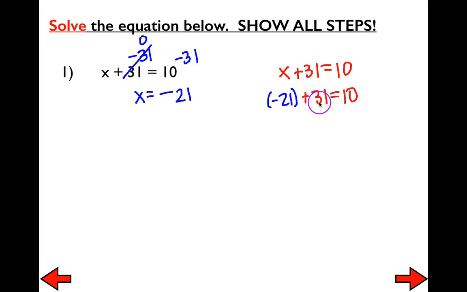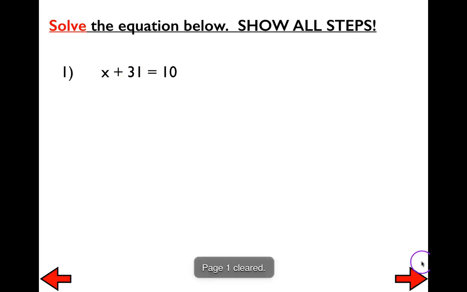Well, negative 21 plus 31 is 10. So 10 equals 10. I am 100% sure my answer is correct. And that's all there is to it. So let's go ahead and move on